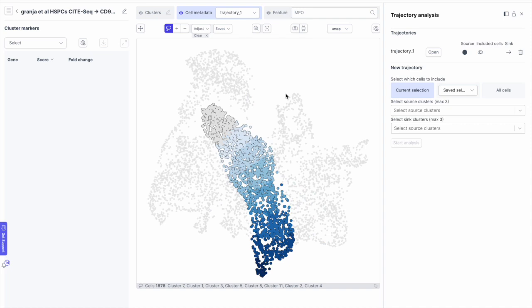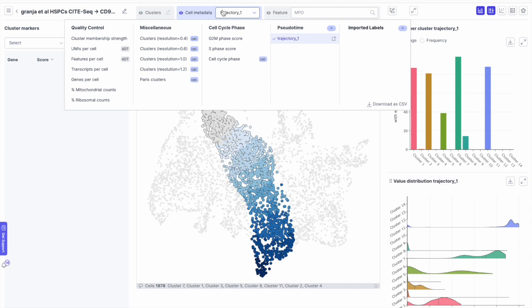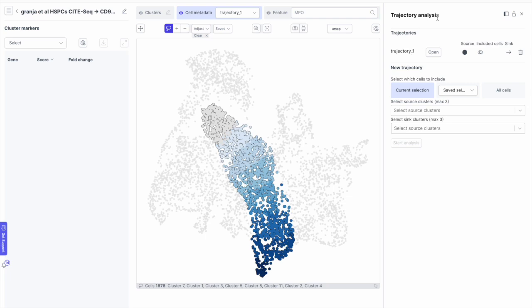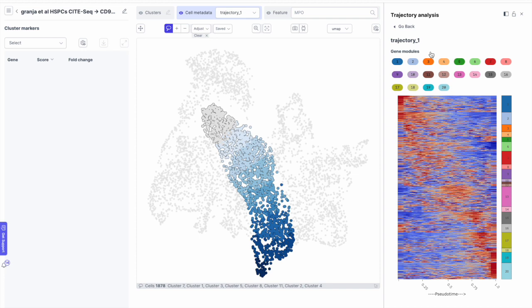When the analysis is done, it ends up here in the cell metadata. You can click on the trajectory 1, and you find it here in the trajectory analysis, trajectory 1, you open, and what you see here in the visualization is the pseudotime analysis here, and along the pseudotime axis, genes that are up and down regulated are highlighted